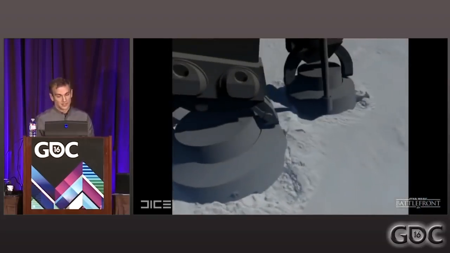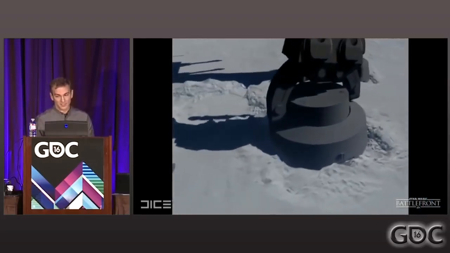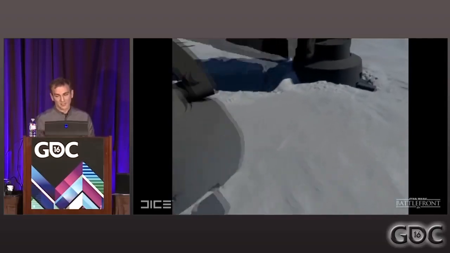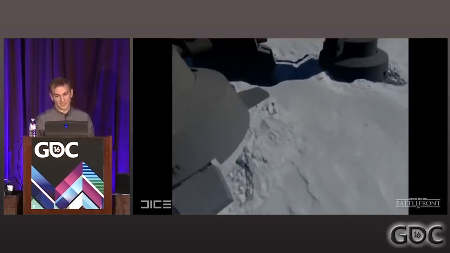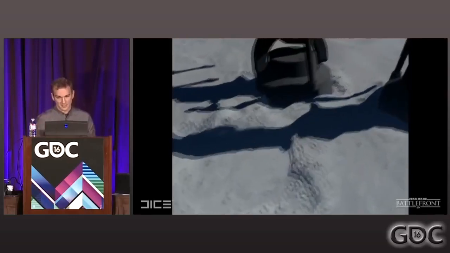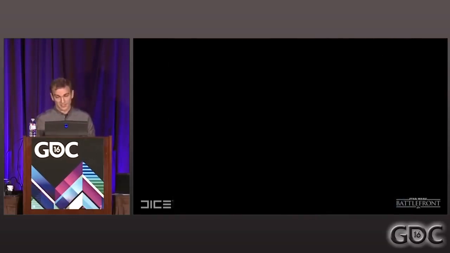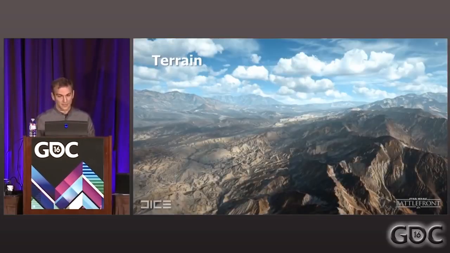And to be honest, in less than a day, we had this prototype working. This is the absolute very first test, so you see popping and things like that. This isn't what we shipped with, but it's just really great to show how you can prototype high quality results and techniques without that much investment.